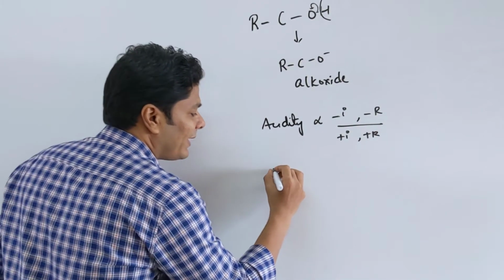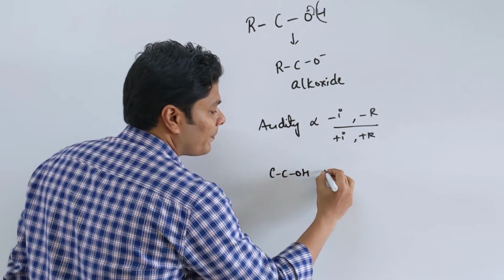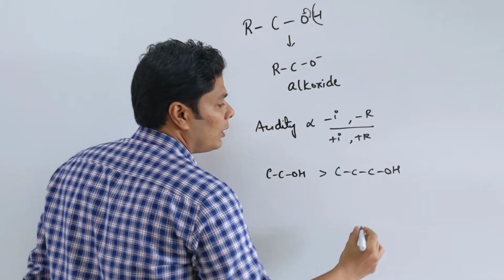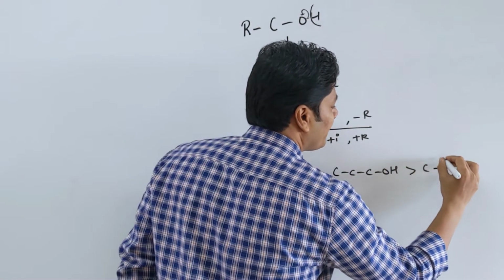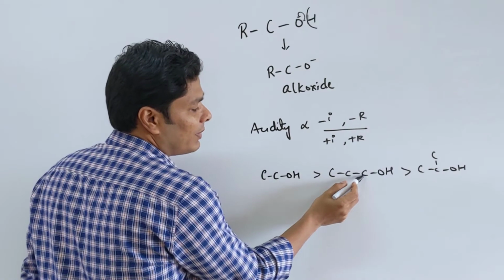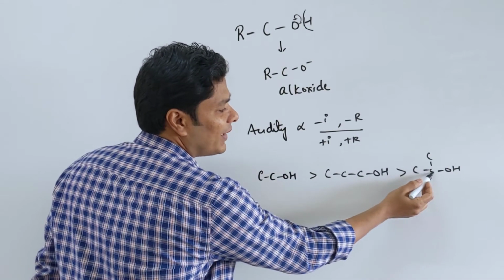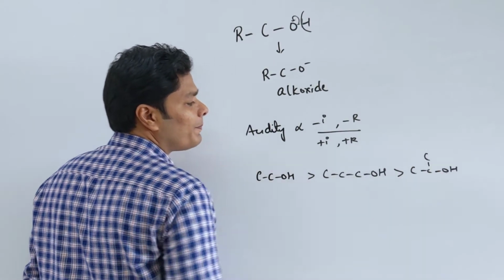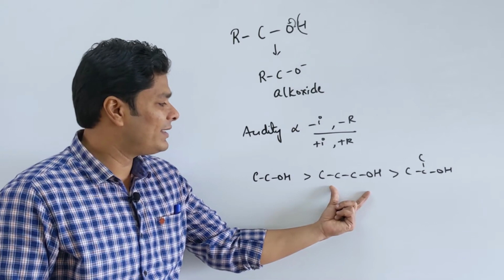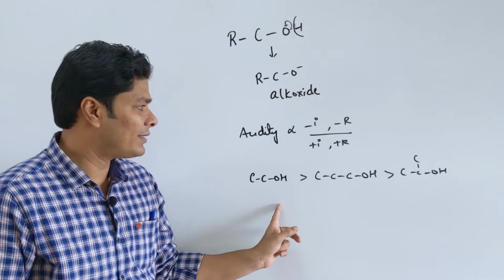A common example we can say is, ethanol is more acidic than propanol, which is more acidic than isopropyl alcohol, because I am having this carbon pumped with electrons from one carbon, whereas here from 2 carbons. So this carbon is rich in electrons, it is going to give electrons to oxygen. So this order you want to remember. Accordingly, we can say the basicity of the conjugate base would be in the order that this is more basic than this, which is more basic than this.